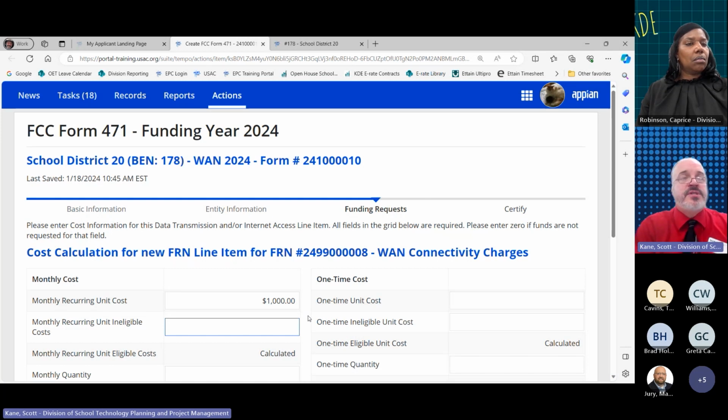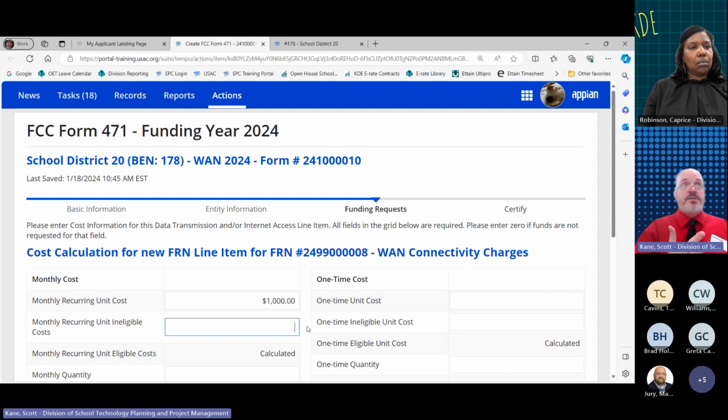So if you have services that are going to be running to a primary center where half of your kids are pre-K and the other half are K through 3, you will need to factor out those pre-K kids because they are not eligible under E-rate rules in the state of Kentucky. So you would need to make some sort of calculation. Now, how you do that calculation is up to you, but you will need to be able to show your work. So have a small spreadsheet that shows how you calculated your cost allocation.